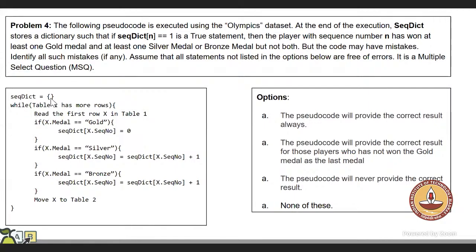So actually sequence dictionary is an empty dictionary initially. We are iterating over the table of the Olympics dataset. We are reading the first row. We are checking if x dot medal equal to gold, then we are making the sequence number equal to 0. If it is silver, then we are updating it to 1. If it is bronze also, then we are updating. If we do all these things, then